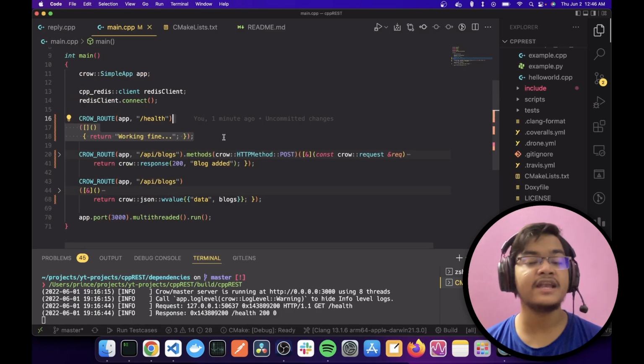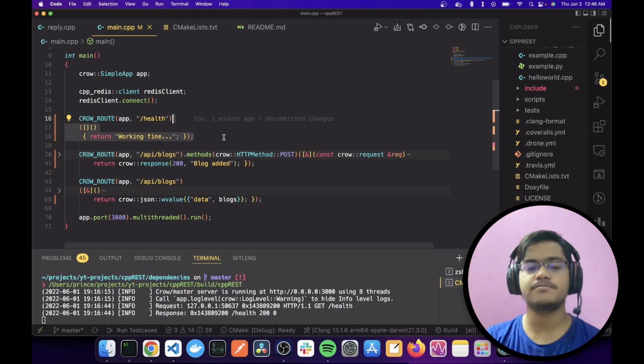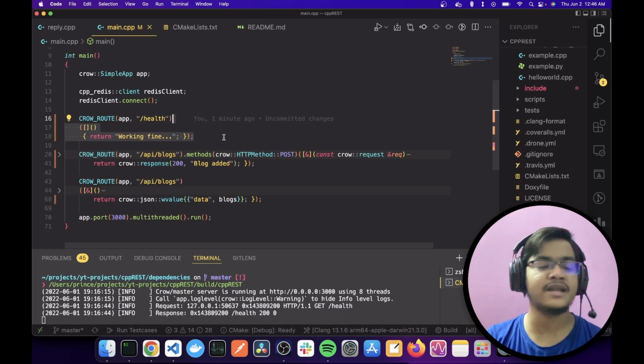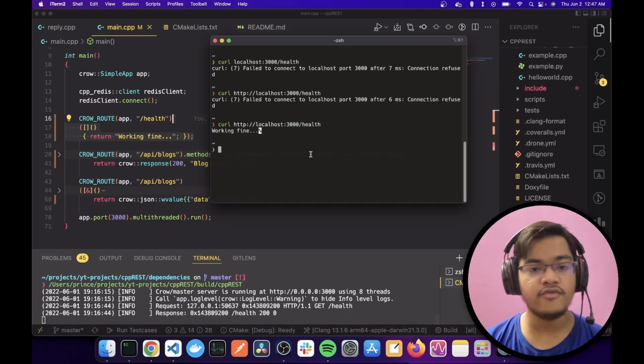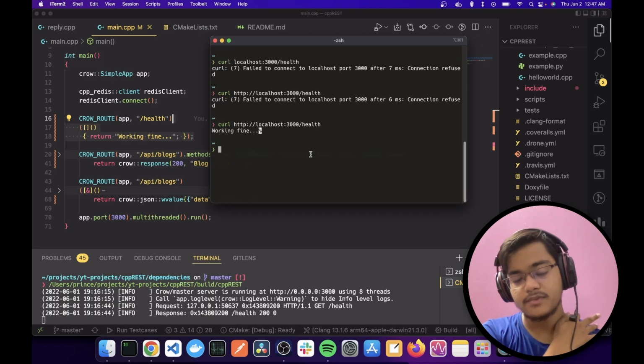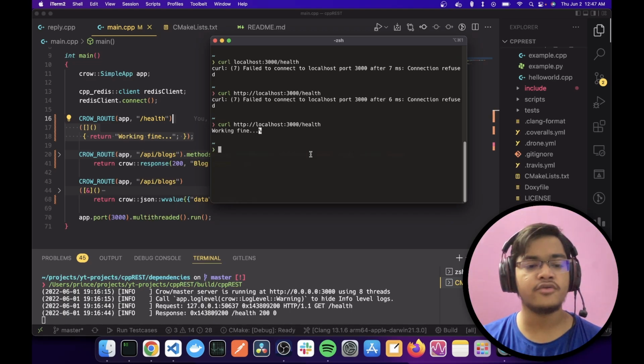Now let's see how we can do get and post. Because for get and post we obviously are going to want some data. I am using Redis as a database. Now if you want Redis quickly, what you can do is, instead of installing Redis client on your machine, I mean, you're still going to install that, but in a roundabout way. First of all, install Docker. That is as simple as